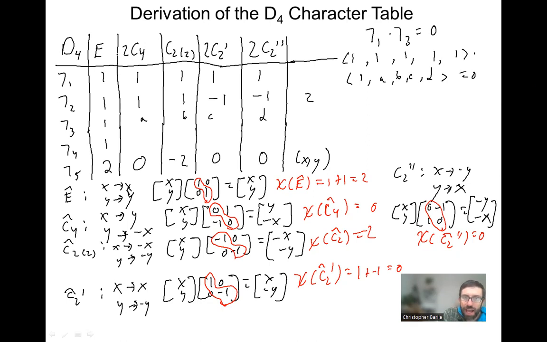equals 0, but now I have to adjust for the number of operations in each class. So we have to multiply one of the vectors by 1, 2, 1, 2, and 2. So one operation in the identity class, two operations in the C4V class, one operation in the C2Z class, two operations in the C2 prime class, and two operations in the C2 double prime class. So you end up with 1, 2, 1, 2, 2, dotted with 1, A, B, C, D, has to be